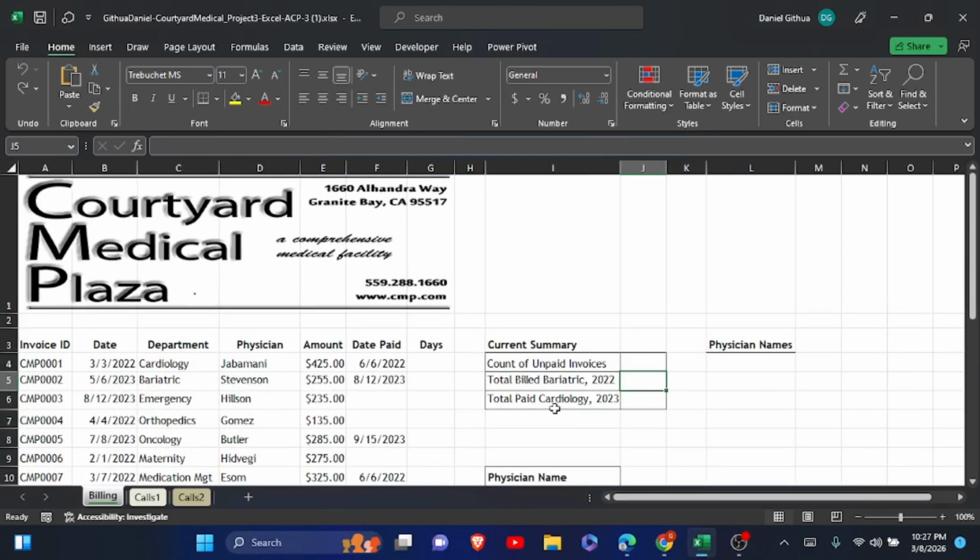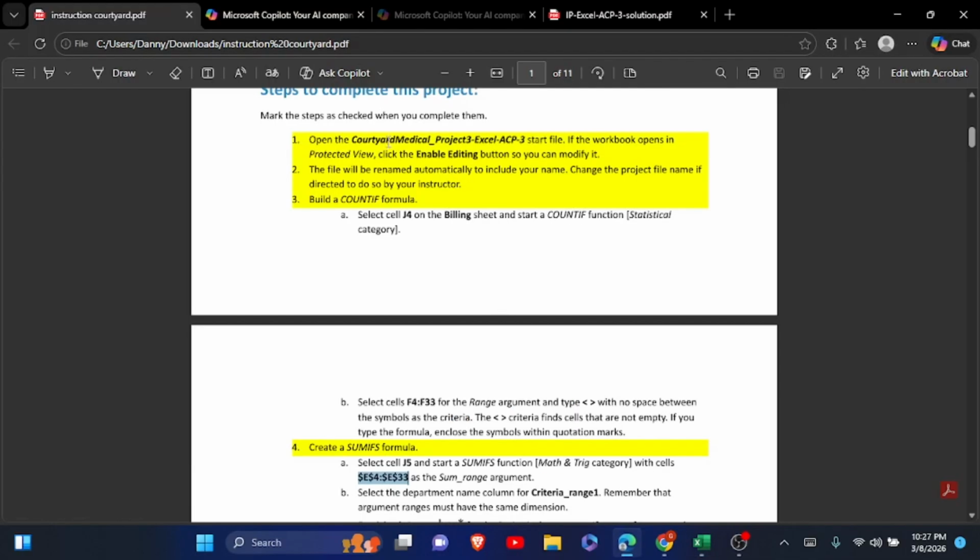Hello, today we are going to complete the Courtyard Medical project and we are going to do all the steps. So stick and follow closely so that you can follow them and get added on this project. We are going to use these steps, and it says that we open the file